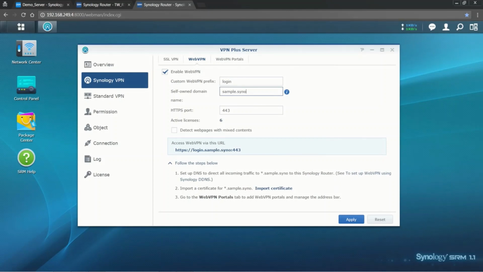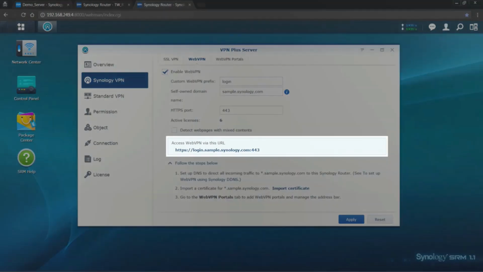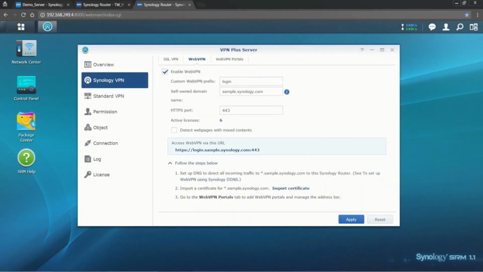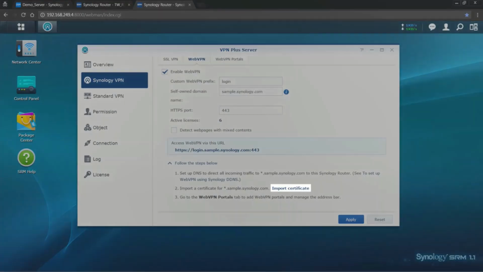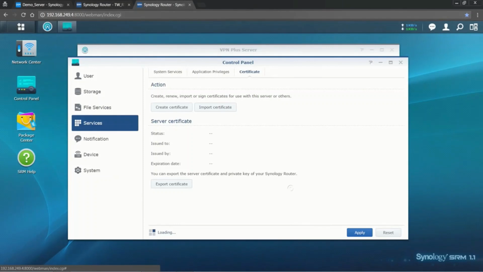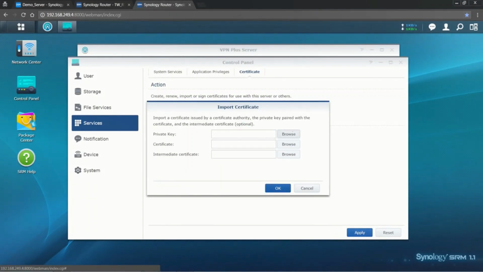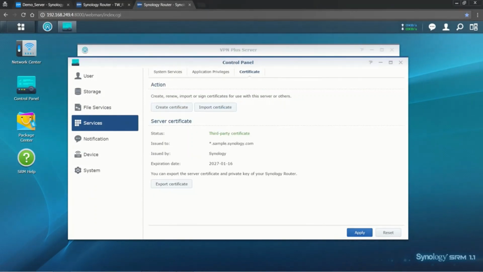So I'm going to enter in my self-owned domain, and here in the middle of the page you can see you can access the Web VPN via that URL, which has changed in real time whilst we've added it in. But when we try and get in the Web VPN, it says our connection isn't private, and this is because we're missing the certificate. So, back in the Synology router, we can click on Import Certificate,